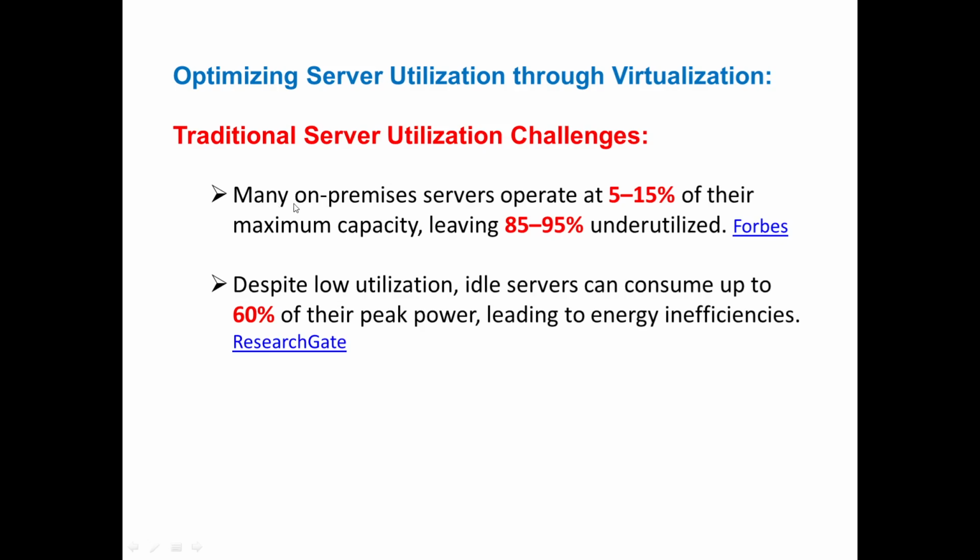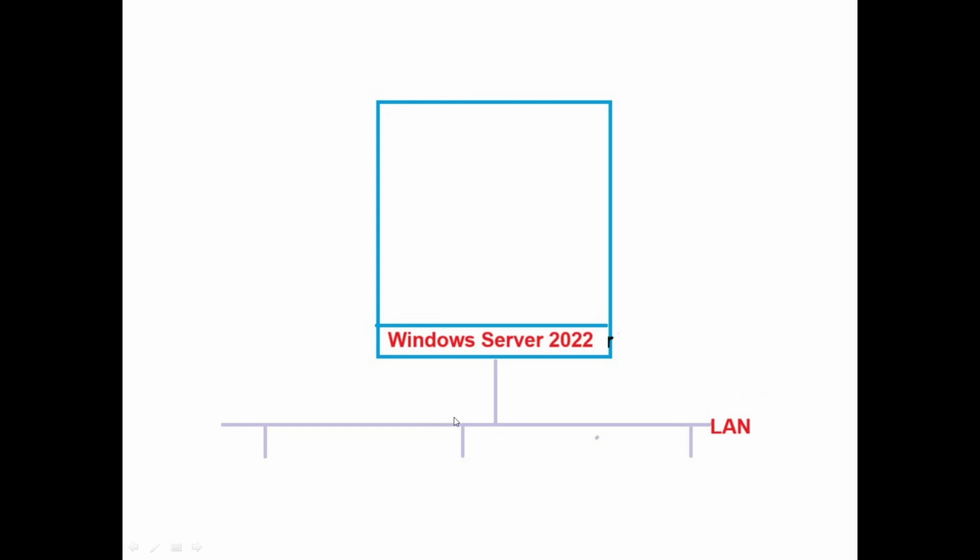Many on-premise servers operate at 5 to 15% of their maximum capacity, leaving 85 to 95% underutilized. This is a fact, and a study from Forbes also says so. What does it mean? If you are deploying one server computer and directly install a server operating system according to server technology,